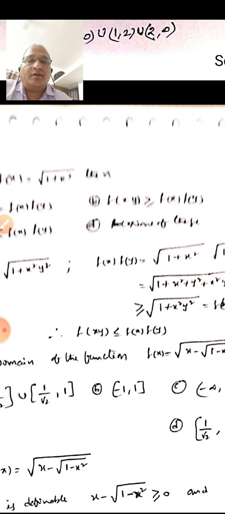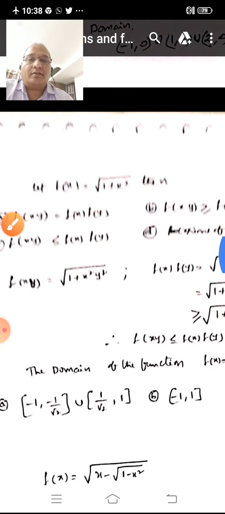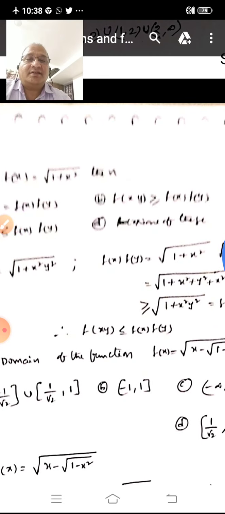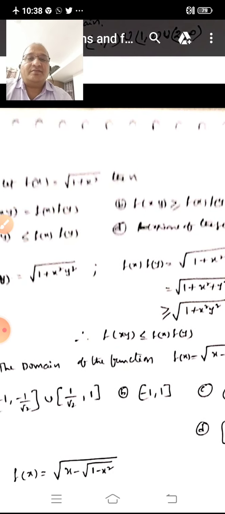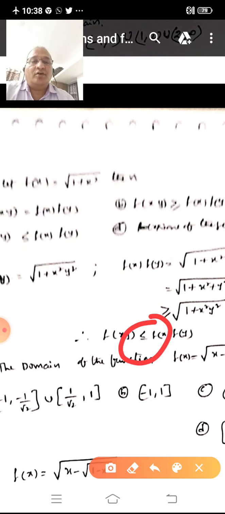See here, a mistake is there. You take down f of xy, because f of x into f of y is greater than f of xy, therefore f of xy is less than or equal to f of x into f of y. Yes, it is correct. Next,